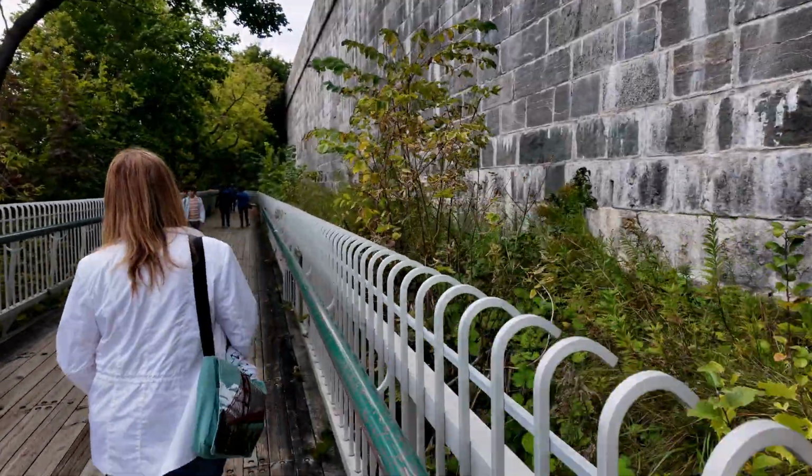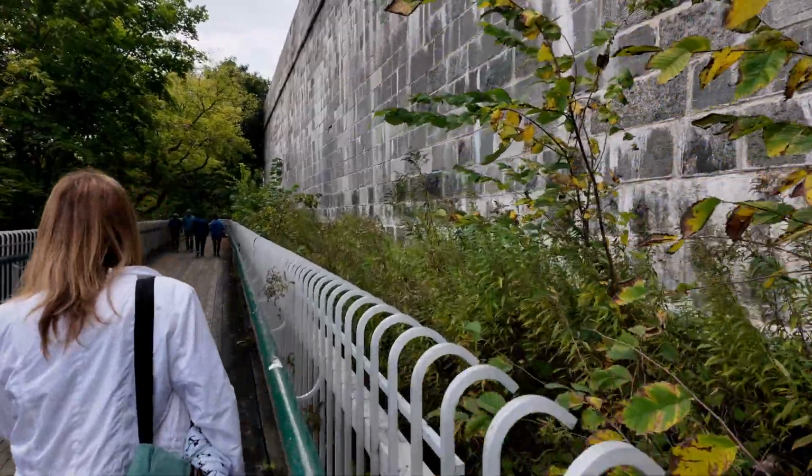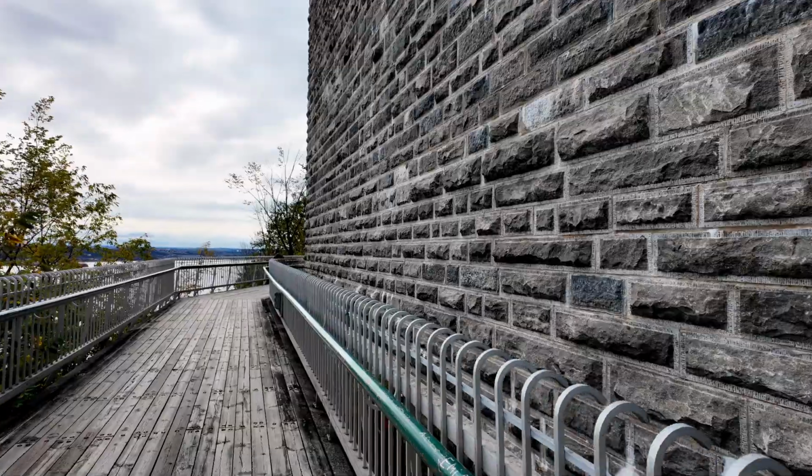I think this is the end, but I'm not sure, because her stairs aren't going down for some reason. I don't know what she's got me into. Oh, it goes on and on and on. Pretty sure we're not going to get back for the rest of the ship and the cruise. We're stuck in Quebec City if we don't make it back from all these stairs. After more stairs,